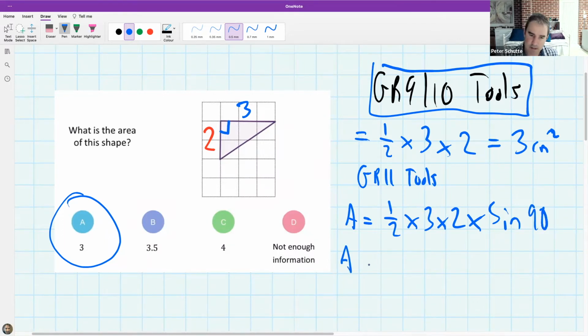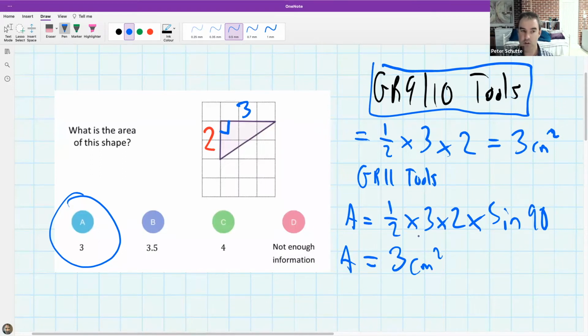I want you to type that into your calculator. What do you get if you go a half times 3 times 2 times the sine of 90? So the good news is you still get 3,